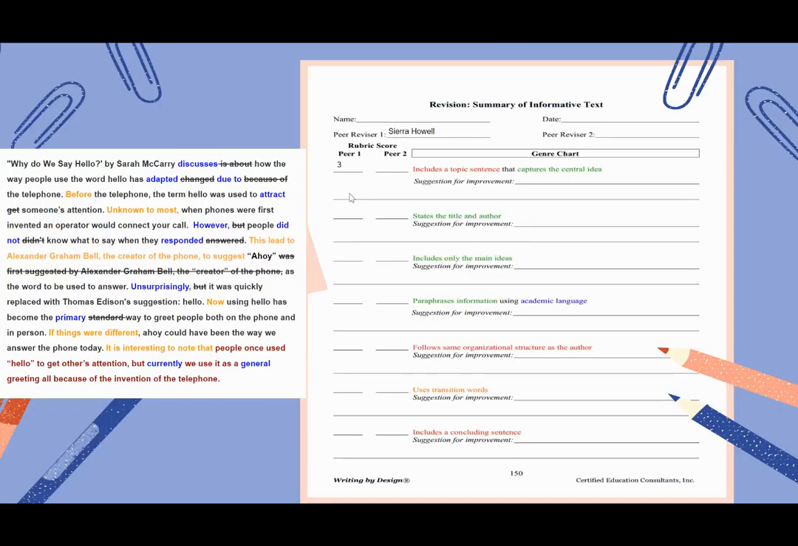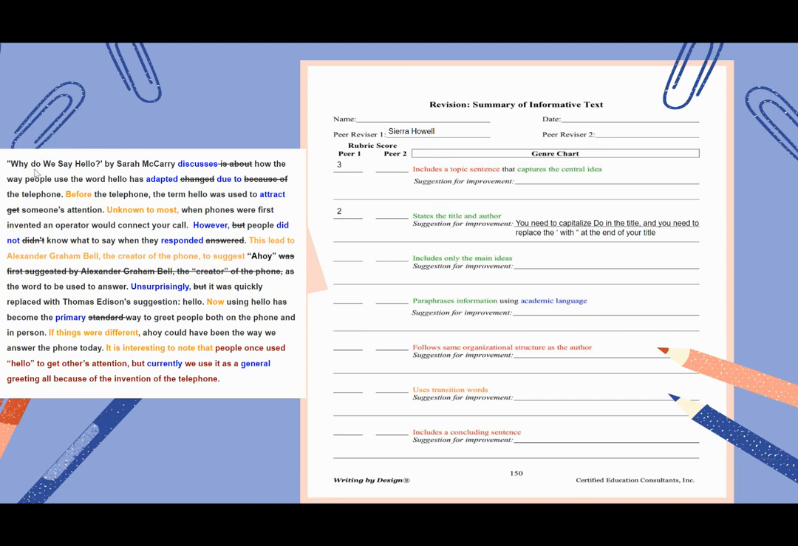I did it, and so I got a 3. If you give a 3 to a peer, you do not have to give suggestions for improvement because they can't do it any better. They got a 3. That's full points. However, on this one, states the title and author, I only got a 2 because I did